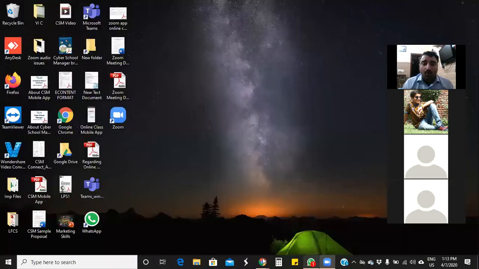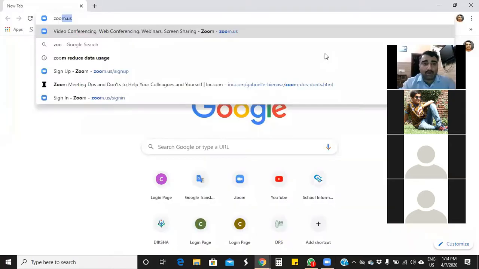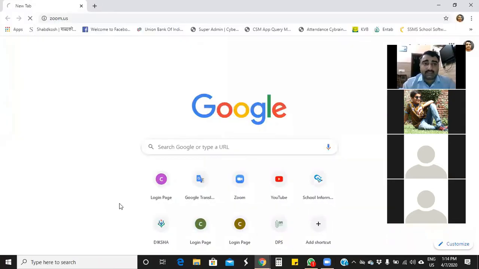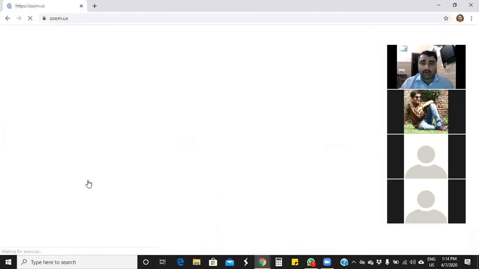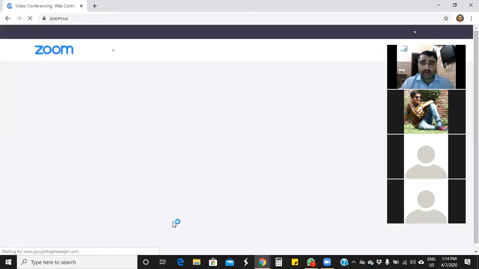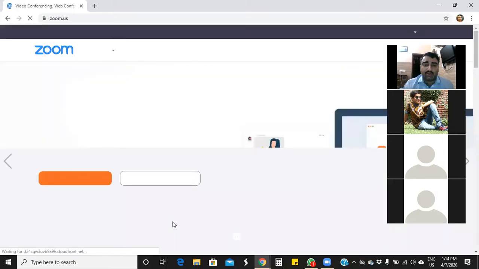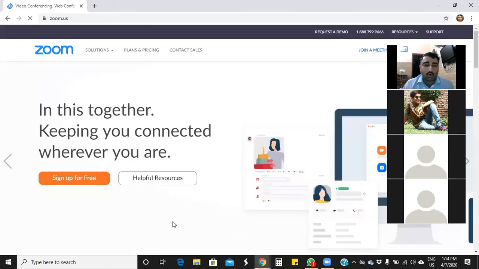Now you all have joined this session using a guest ID. As a guest, you have joined here. To get your own personal meeting ID, you need to register yourself on a Zoom account. You need to open zoom.us on your mobile phone or computer. You can browse the website zoom.us, and there you will get the option of sign up. This is the option of sign up, so you have to click here.